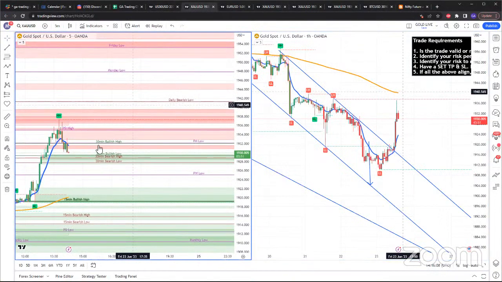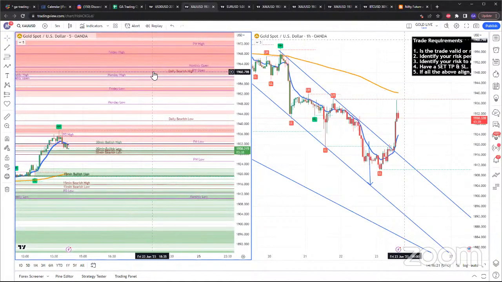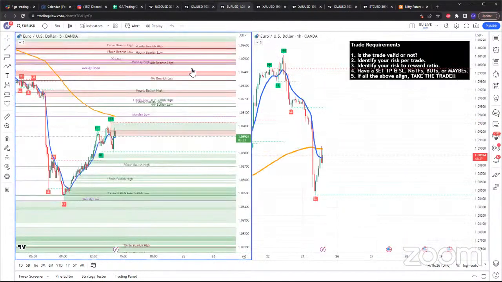Okay, so if you're going to take a sell on gold right here, where do you want your stop loss to be? We have a daily bearish low at around 1941 area. And we have a daily bearish high at around 1960 area. So if I was taking just my regular